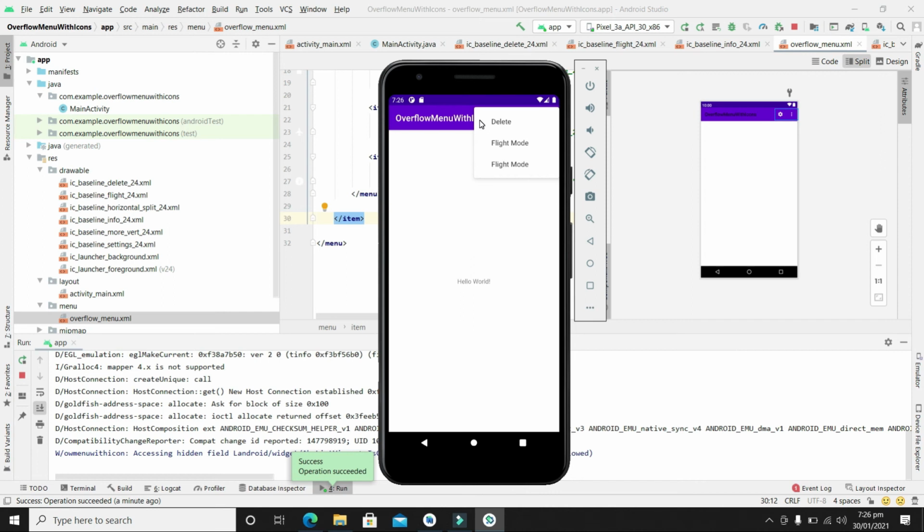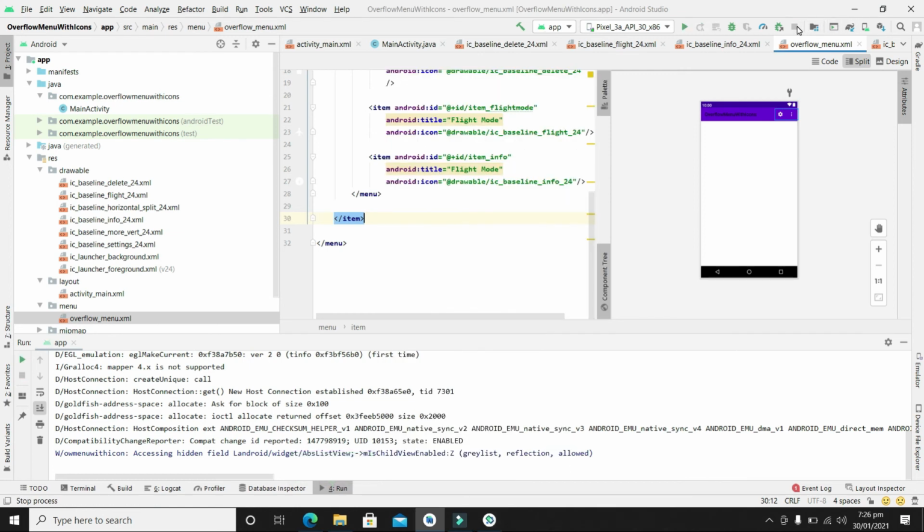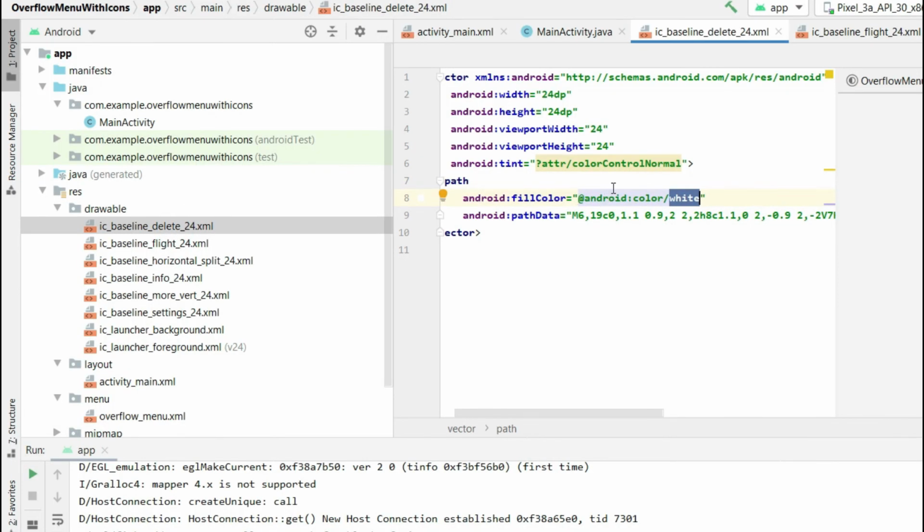If you are seeing the icons in black, it is totally fine on your side. But in my case, because of a bug, we will have to troubleshoot it. For this, stop the application. Now come to each icon we want to display here. Here we have to give it a black color. In the same way, in the tint color, we also have to provide the color code for black, that is hash and 6 times zeros.